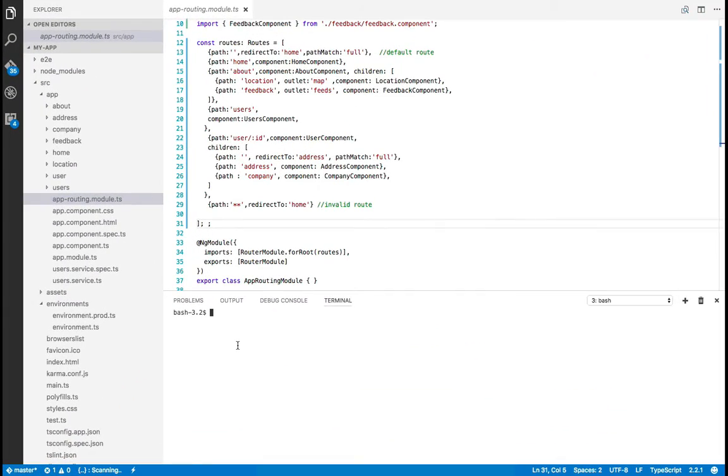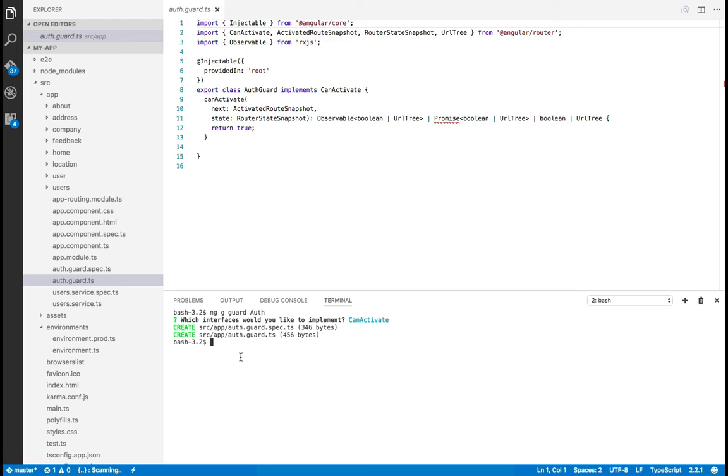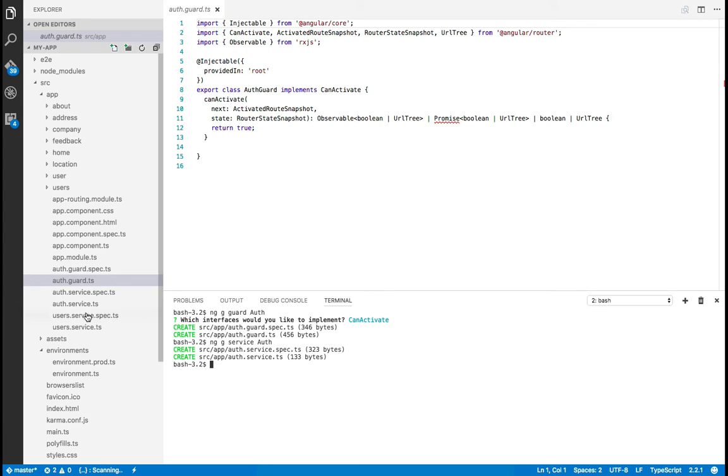So first let's create a guard. To create a guard we can use ng generate guard and the guard name. For this session we are working on CanActivate, so you can press space and hit enter. Now it has created one guard with the name of can-activate. Apart from the guard, we also need a service where we can check whether this user is logged in or not. So we can also create a service. We will say ng generate service, and the service name may be auth. Now we have one service as well with the name of auth.